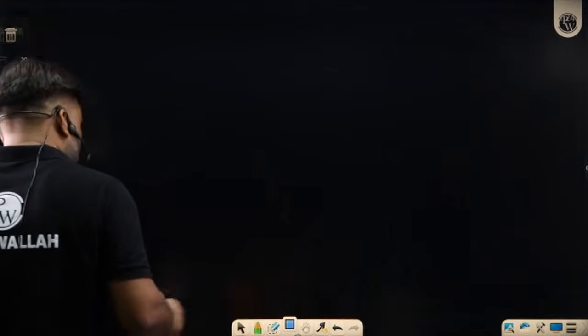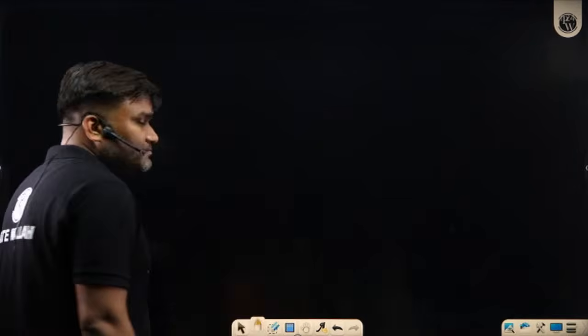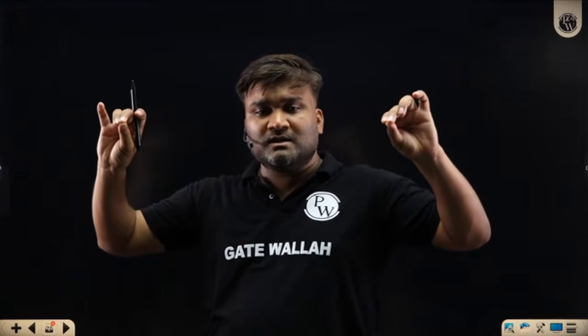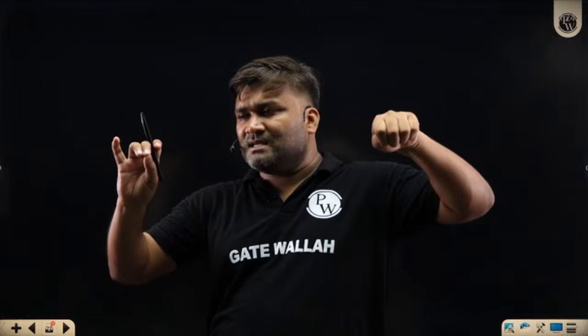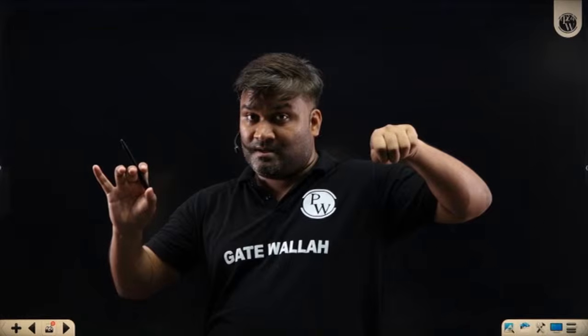Acha. Whatever system I am having, suppose the fan blade. Yesterday I was talking about this: one end is fixed. If I bend the fan blade, its bending stiffness comes into the picture. I have bent this and released it. The moment I released it, having provided the initial disturbance, it does some motion. That motion may or may not be vibration. Now in this case, sir, the fan blade, I disturb it, it vibrates. Okay, you know this.